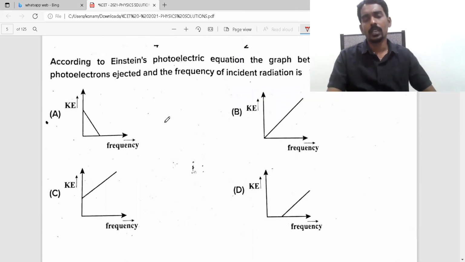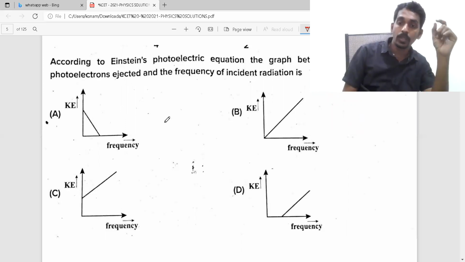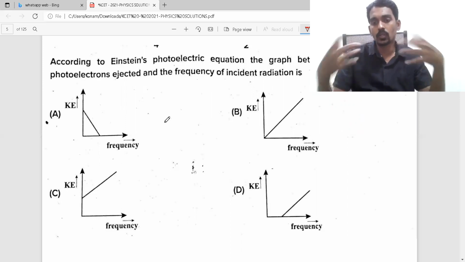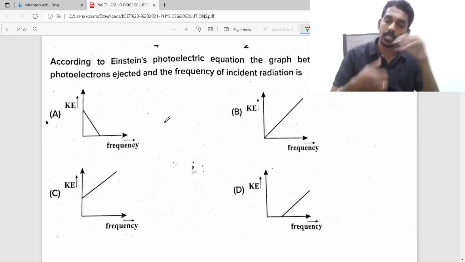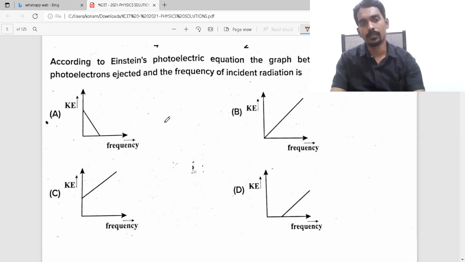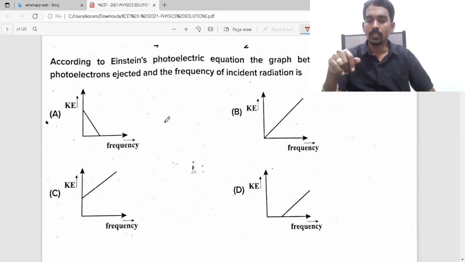Now here they have given a graph. I mean, a graph based question. As I told you earlier, in the video of analysis I already said, when you consider a graph based question, either they ask you to draw the graph, or they may give the graph and ask the question. So here they ask you to draw the graph. Then what I said you to do: you have to take the relation between the quantities. Y axis kinetic energy, x axis frequency.